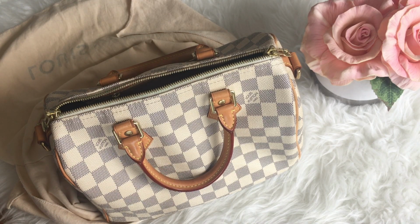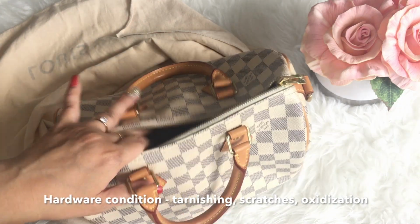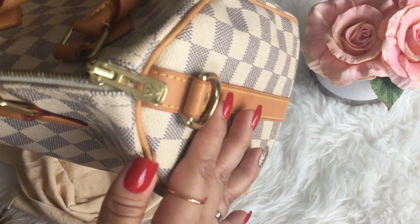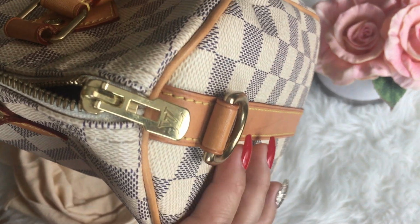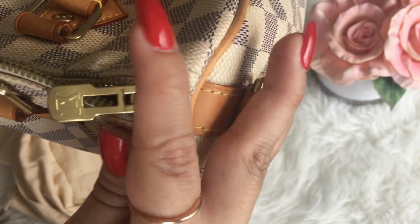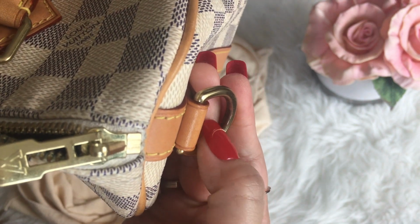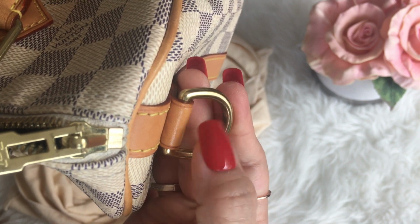And let me talk a bit of the hardware. So the hardware itself, I don't think the hardware did wear very well. I think the hardware got really bad. There's a lot of scratches on it, and there's a lot of tarnishing. So the zippers, it's still fine, but there's tarnishing here. I don't know if you can see it, but there's tarnishing on the inside of this hardware loop, the D-ring,